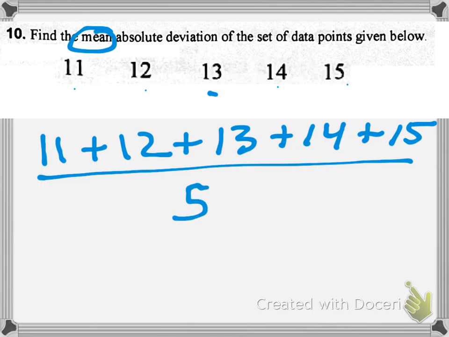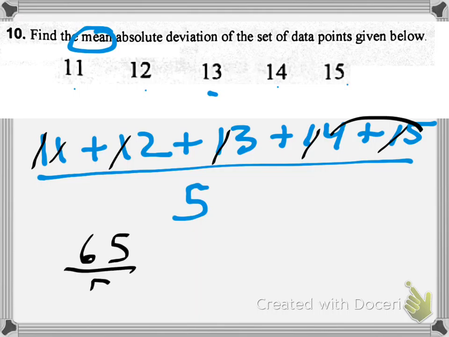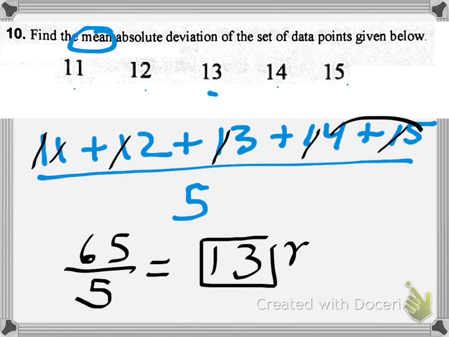So the mean is what we normally call the average. If we add these up, we're going to have 10, 20, 30, 40, 50. That's going to be 59. That would make 60, 65. So we're going to have 65 divided by 5. So 65 divided by 5 is 13. So 13 is our mean. So now we have to go ahead and